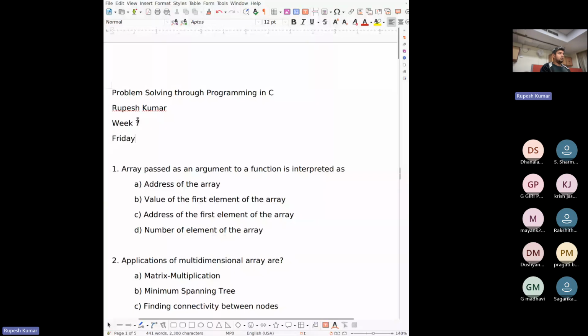So I'm Rupesh Kumar. Today is 7th March, and these sessions are held every Friday, 6 to 8 p.m. So again, I will reiterate the rules for this session. In this session, I have some practice problem solvings for you from the topics covered in the NPTEL lecture for this week. I hope every one of you has gone through those lectures. I will be solving MCQ questions and some programming problems with you.